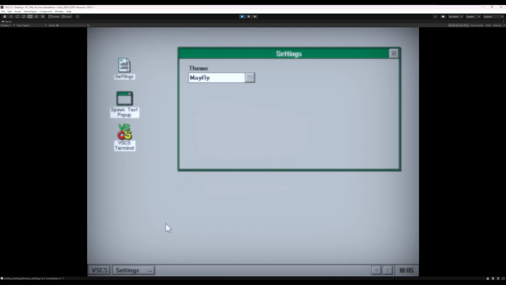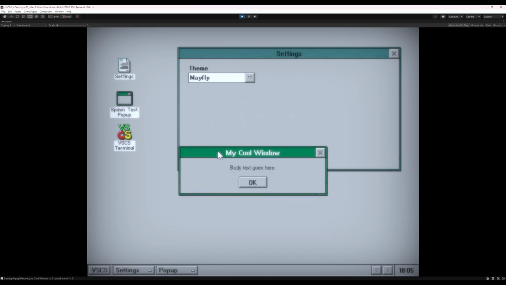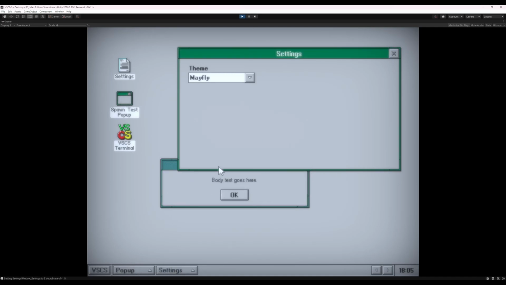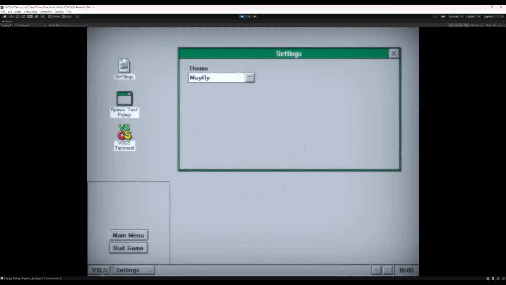Speaking of which, I have a funny one of these. Please ignore the taskbar that sort of works, by the way. Look, settings pop up. It should not change the order. It's just pulling in the list of windows, by the way. Anyways, I need to acknowledge that. It doesn't do anything still. But I did implement a pop-up menu, or a little expandable menu for the VSCS button here. So that will open and close. And if you open it and click outside of it, it will close. So that's the same utility method there.